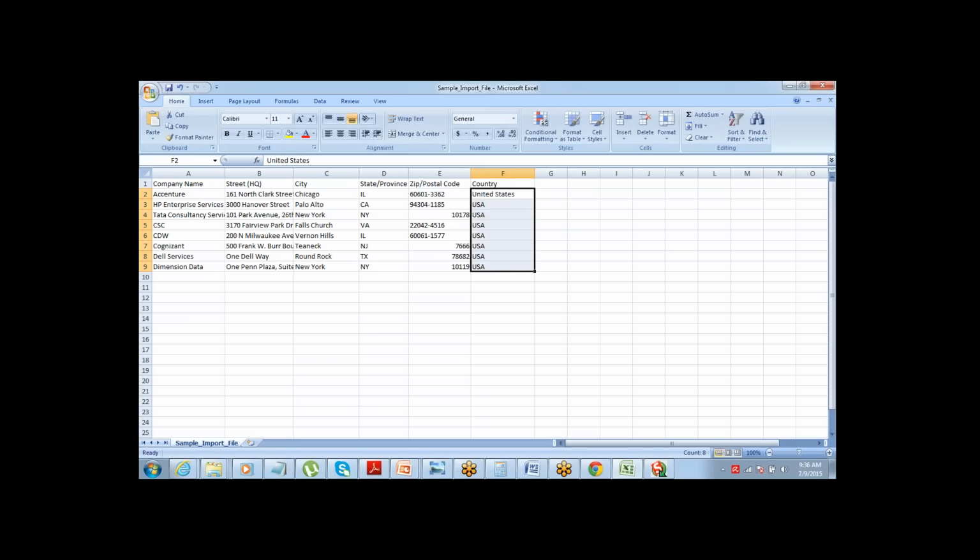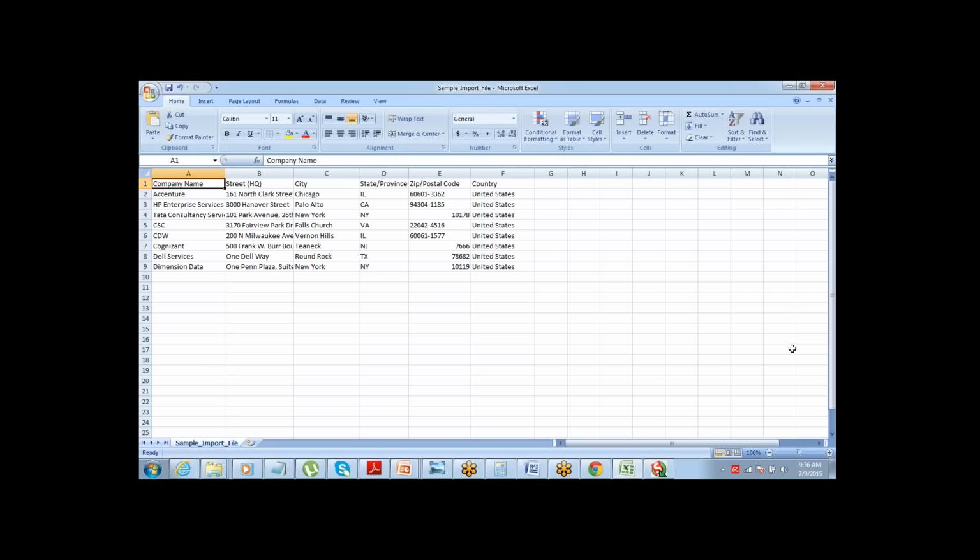Now, if I try to do it using the name, it will not understand which record I want to make changes in, because there can be multiple records with the same name, right? So what I need to do is get the IDs of these records and then make the changes. So how will we do that?